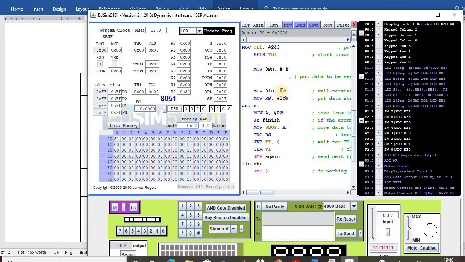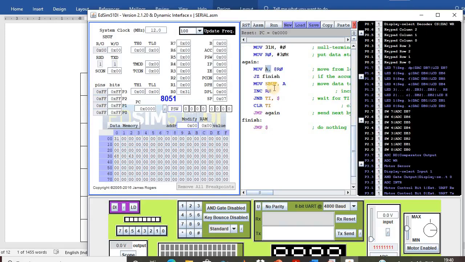We cannot transfer data from a register to the serial buffer, so we transfer the data from a register to the accumulator, and then from the accumulator to the serial buffer. Then we check whether the data is sent or not. Once the transmit interrupt occurs, we clear the interrupt and do the same process again.